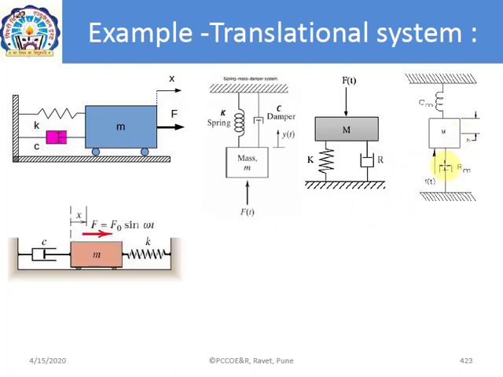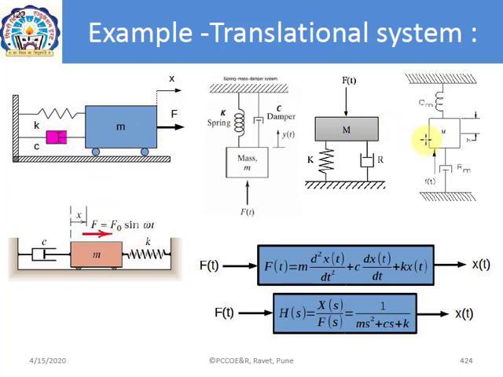One more way to represent the same system is horizontal. We have changed the orientation of this system to a horizontal direction. The mass is moving on a horizontal platform. Again, it is being assumed that there is no friction, so frictionless movement is there, and whatever resistance is being offered is because of the damper. Okay, so let us assume that the mass is moved by displacement x. So it has been assumed that the displacement in the damper and the displacement in the spring is the same. So we can say that this system is the same as what we discussed in the earlier 4 cases.